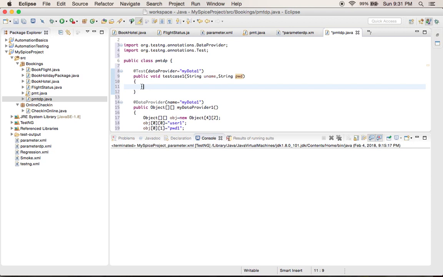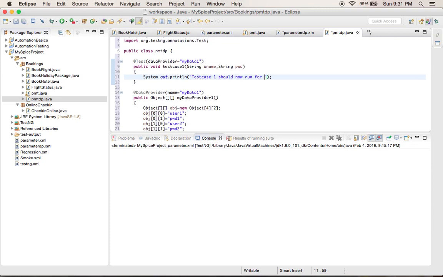So this is my test, and now in the test I just want to write 1 or 2 lines just to see that we are getting the data correctly. So my first line is: test case 1 should now run for how many sets of users, guys? 1, 2, 3, 4. 4 sets of users: user 1, user 2, user 3 and user 4.